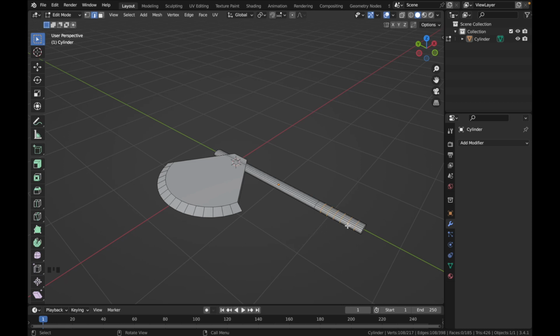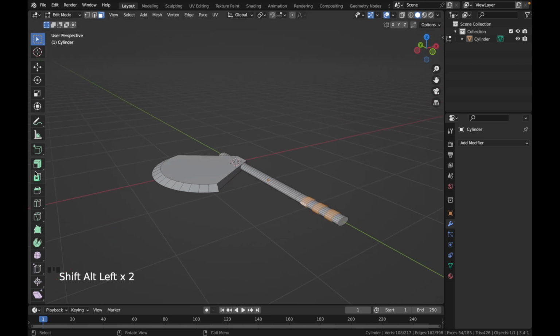With your Alt key on Windows or Option key on Mac, go to select face and select loop with shift all of these, and then